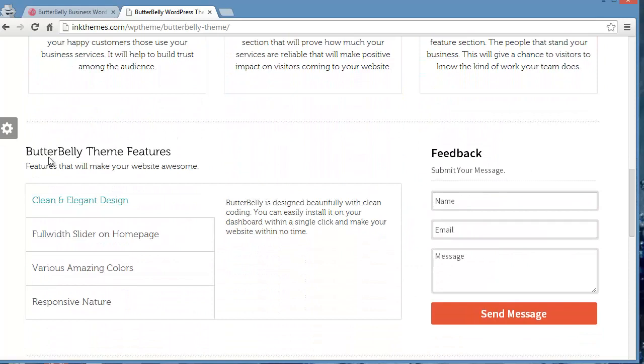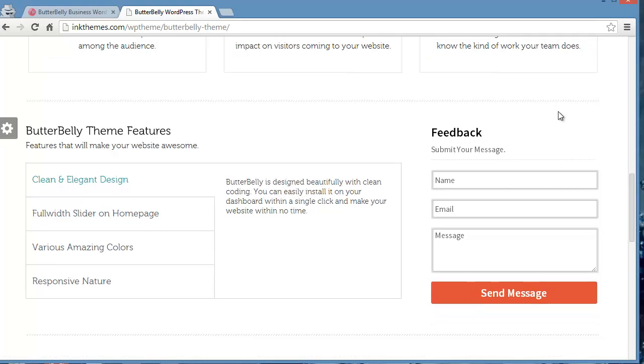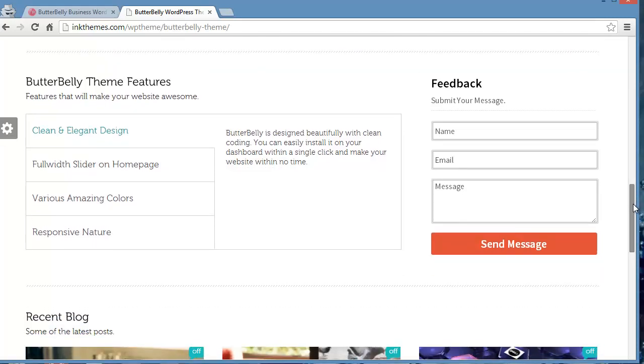Then moving down, this is the place where you can provide some information about your business and its services. You can see how elegantly it is appearing here. Very neat. The design is systematic. So you can write something about your business services in short and present it over here. You can write some headings like this and provide a short description with it. Then over here at the right side, you will find something really cool, and that is the get contact form. So you need not worry about creating a contact form for your website. You have already got it built in with your theme.